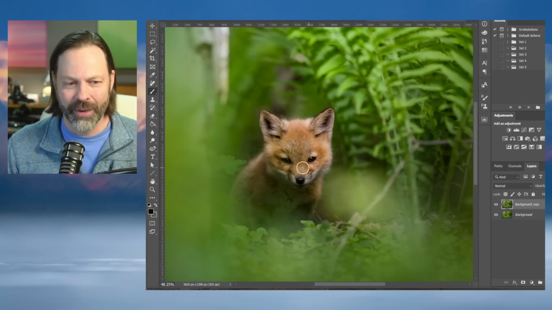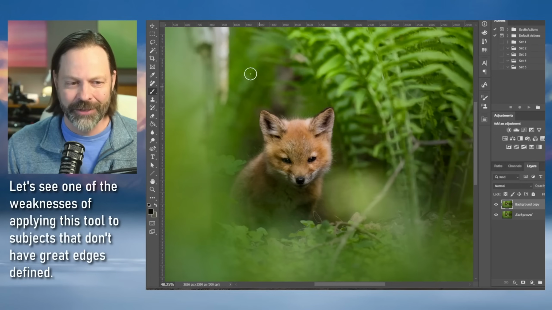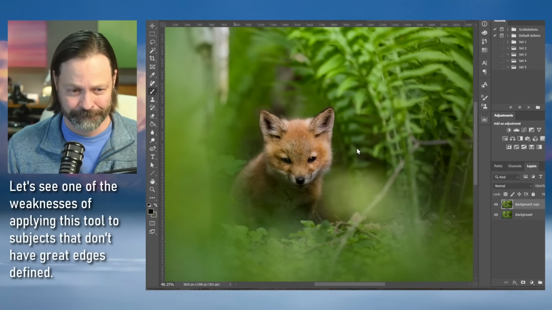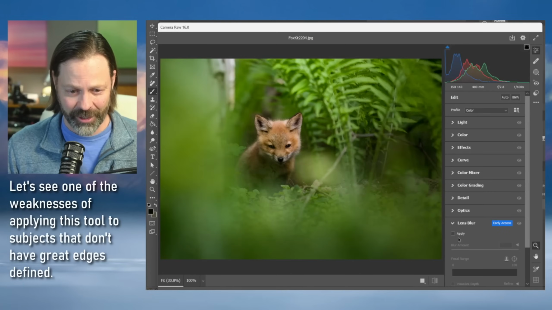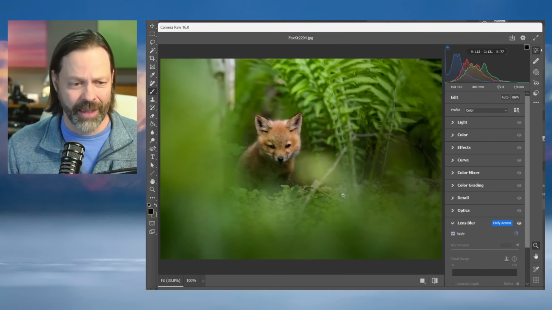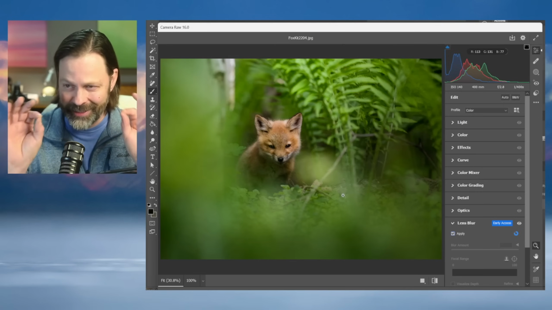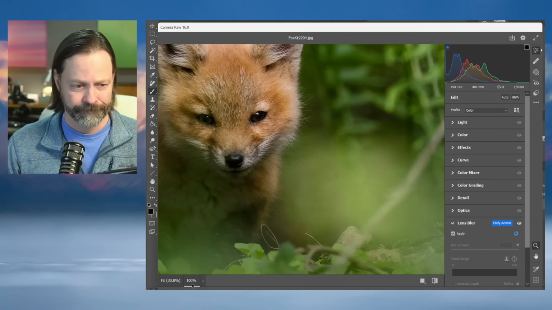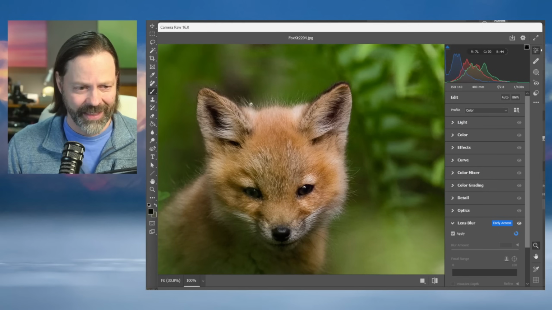Now watch what happens when I apply lens blur. And you're going to see a few issues with this right away. So I'm going to go to my filter menu again, Camera Raw. I'm going to go down to lens blur and apply it. Just like in all the other images, it's going to spin that blue wheel, and we're going to see what happens to the fur. So let's look in here as it's thinking. That's the original fur. Once it pops in,